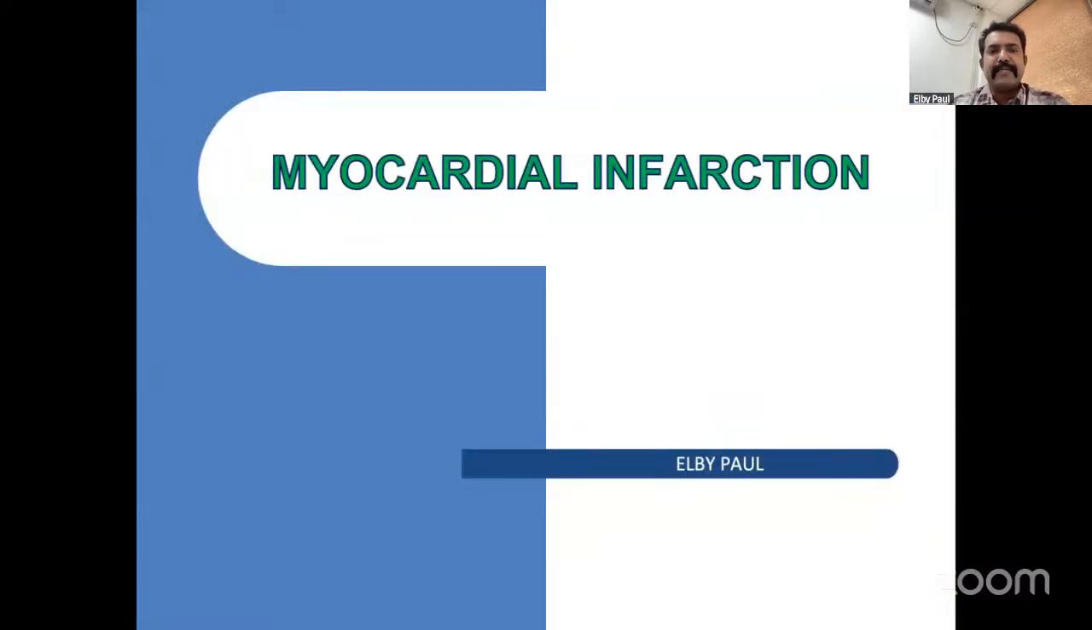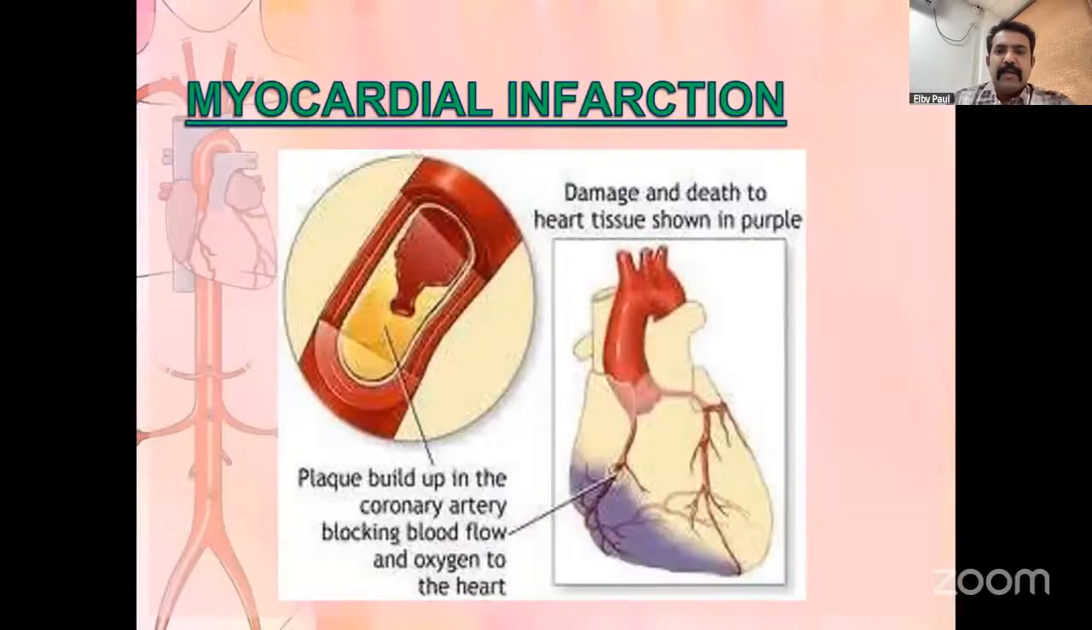Okay, myocardial infarction, the second disease condition. This is the MI. Okay, we can see there are the coronary arteries. This is a blockage here, and due to this blockage, there is cyanosis here. Okay, this is cell death, cell necrosis is happening here. Okay,